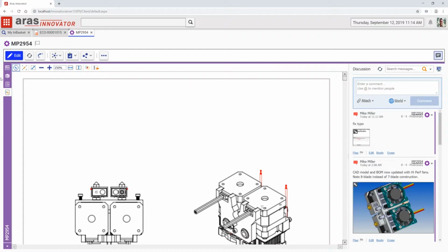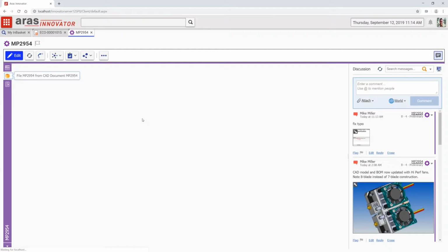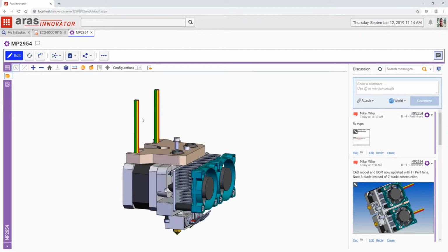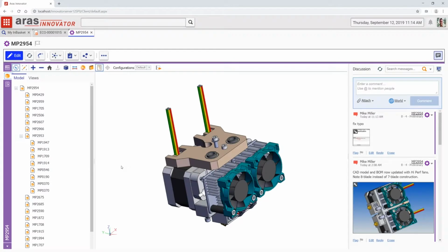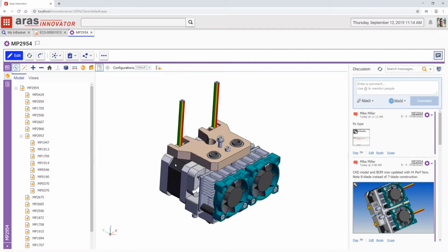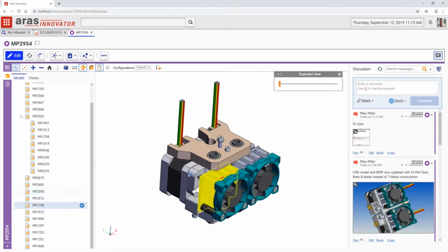And of course, we also have the ability to look at complex 3D models from a native CAD tool without ever accessing the tool and opening it up. So here you can see I have the ability to look at the 3D model in various shaded or outline forms. I can do things that you might expect, like an exploded view. I can also do what we might call a visual search. Notice on the left, I have the actual model structure that came out of the CAD system. If I click on an item here, I can see exactly what that item or part number is.